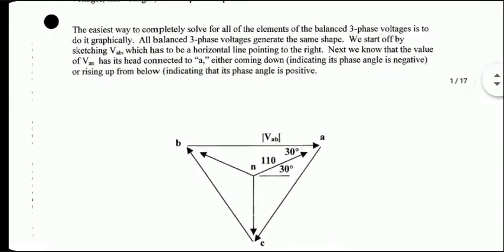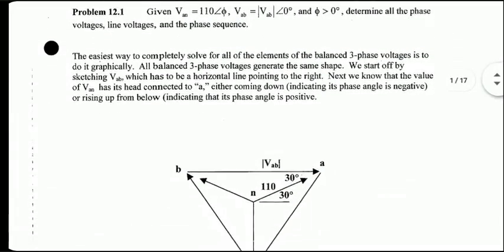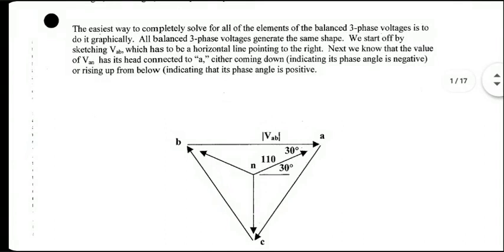That is the best. Look at the diagram carefully. Magnitude of VAB is shown as the reference point because it has 0 degree angle. That's given to you. VAB has 0 degree angle, so that has to be drawn horizontally. All the other voltages, whether line voltages or phase voltages, are drawn in this diagram with appropriate phase angle.